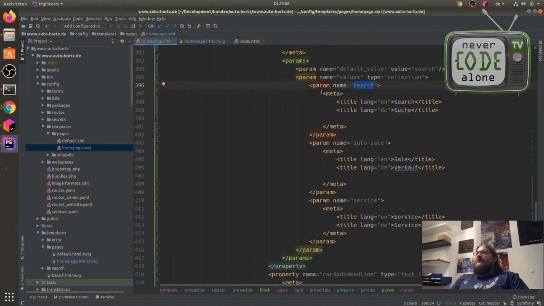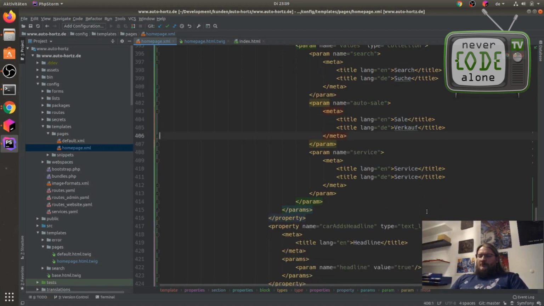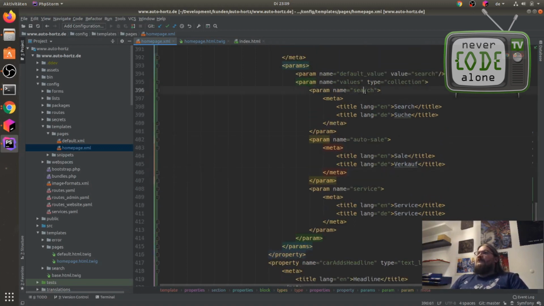So we have here just 3 items: the name, what is later the value in the front end, and what I show to the editor. So for me it's now search, auto sale, and service.